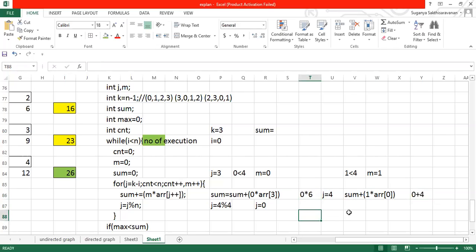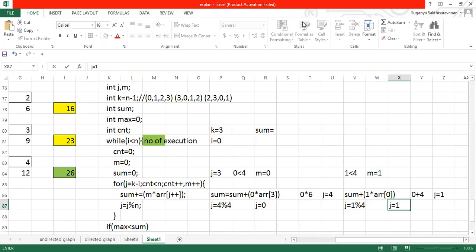Okay. For the next iteration, what is going to happen is the j value. So after this, what is your j value? This is all about post increment, right? So the previous value is 4. What is the previous value of j? Just a minute, somewhere we're stuck. j plus plus, right? So now we got the value 0. Now it will become 1. Okay. Now what happened? j is assigned 1 modulo n. What is the n value? 4. So any value which is less than 4, we'll get the same number, so we'll get the j value as 1.